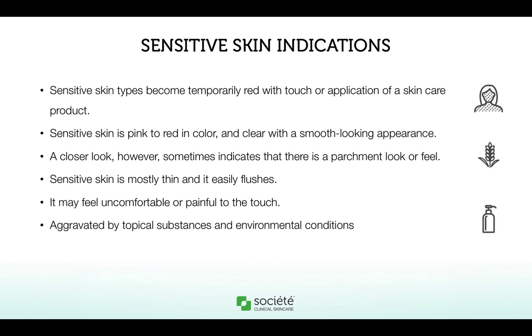Just to review some indications of a sensitive skin type, their skin becomes temporarily red with a touch or application of a skincare product. It's pink to red in color and has this clear, smooth looking appearance. Sometimes there is actually more of a parchment look or feel to the skin. Sensitive skin is typically very thin and it flushes easily. It may actually feel uncomfortable or painful to the touch, and it is very much aggravated by topical substances and